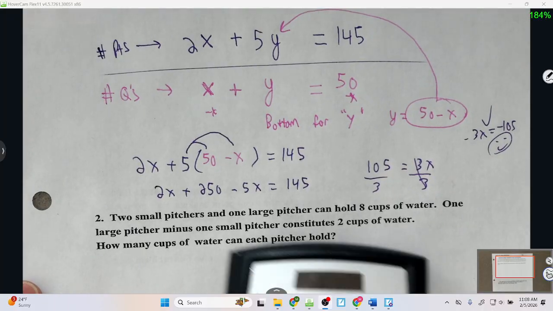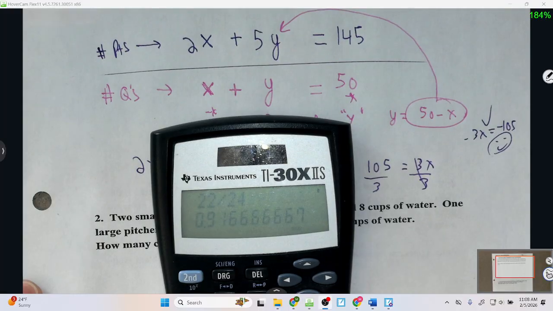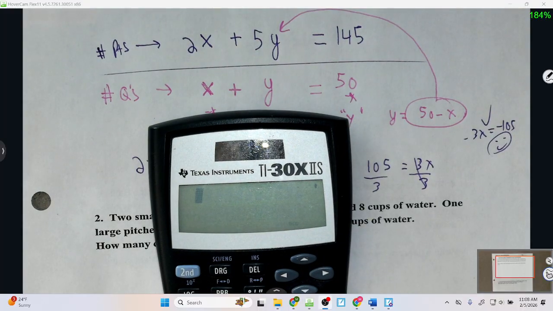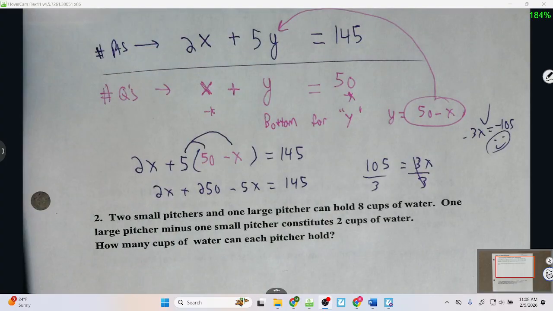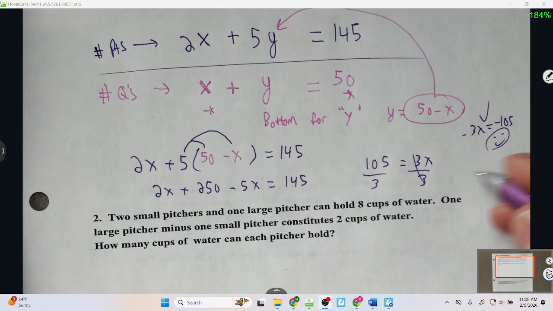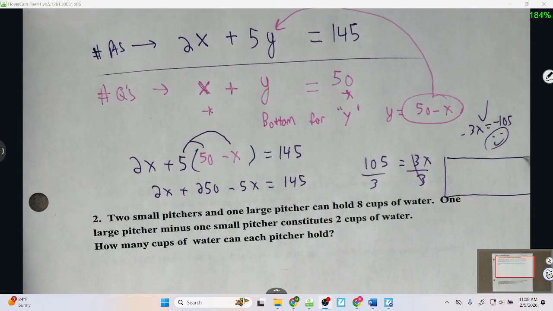Let's bust out the old calculator and see what 105 divided by 3 is. 35. So it looks like there are what? Can we put this into words? What does this mean? 35